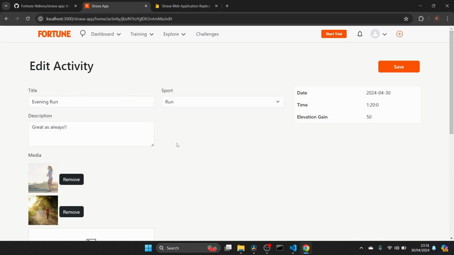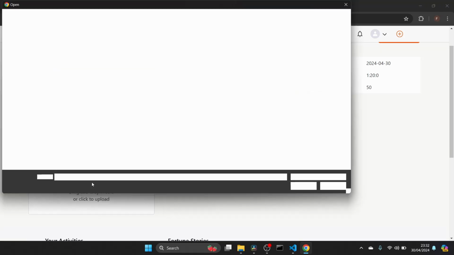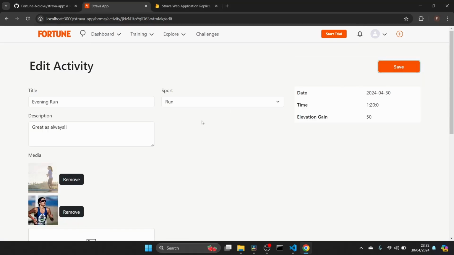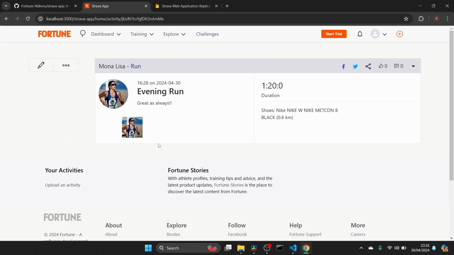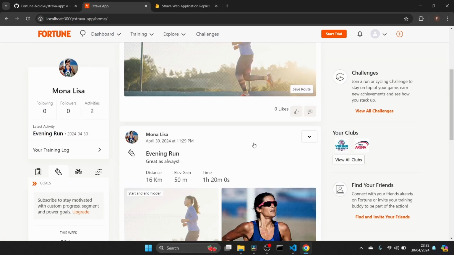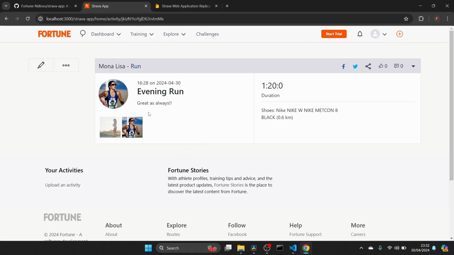Okay. You may just want to remove this image and then add another image. Okay. And navigate to, see that's actually created there. And if we click on it,